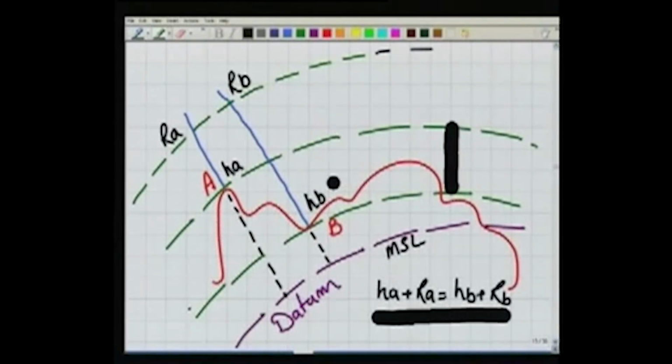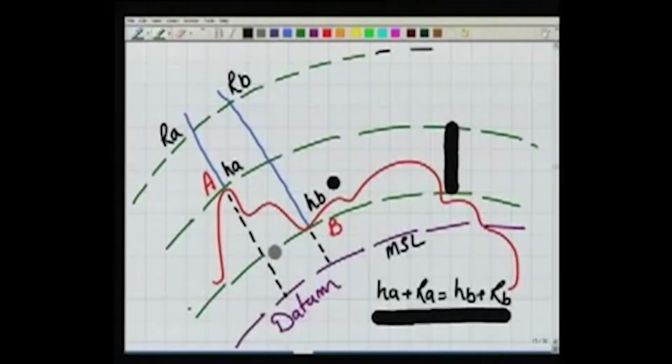So in order to determine the relative difference in height between these two, or if I know the RL of A and want to determine the RL of B, I should establish a surface which is parallel to the datum, and using this surface I will find RA and RB, and then using this equation I will find the desired values. So my reference surface, the measuring surface, has to be